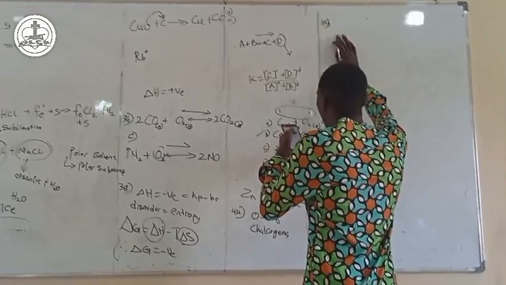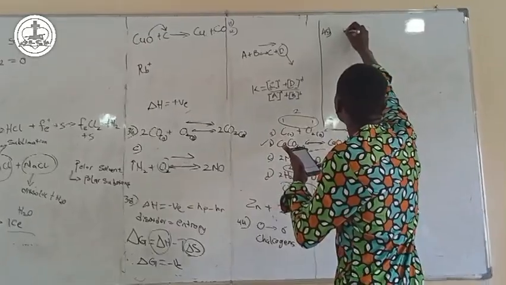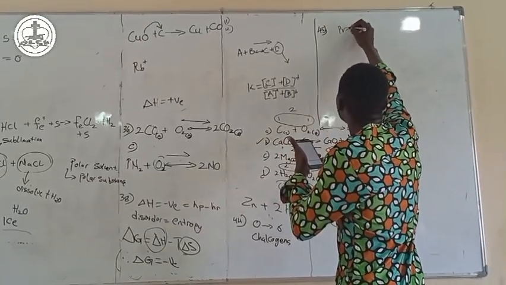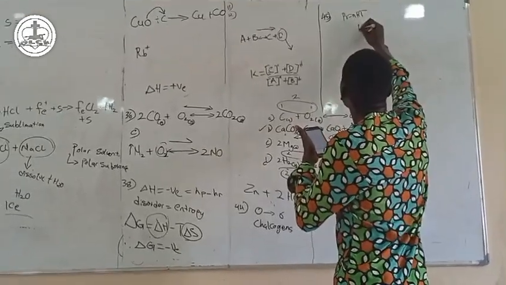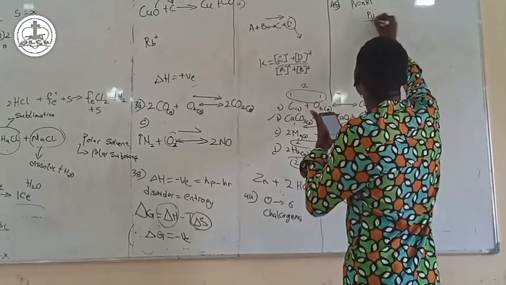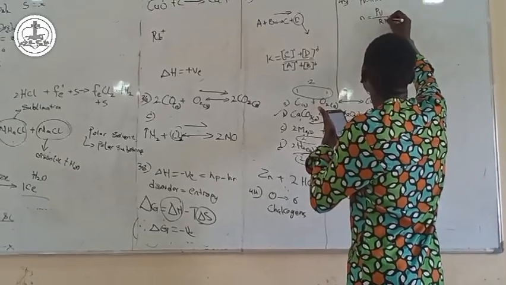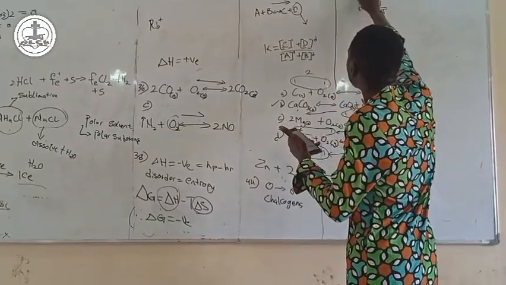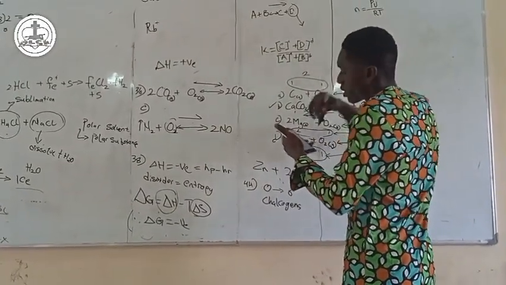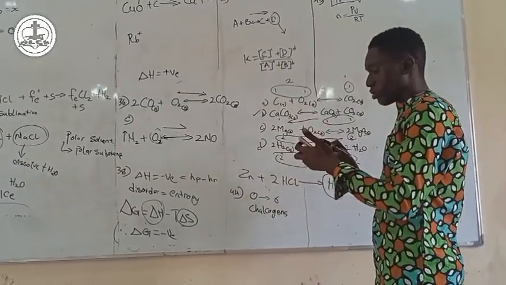The correct answer is A. There's a typographic error here. It's supposed to be PV equals nRT. From the ideal gas equation, n is equal to PV over RT. This is the ideal gas equation. So this is the correct one, which is A. But that is a typo there. There's a typographic error there. So moving on to